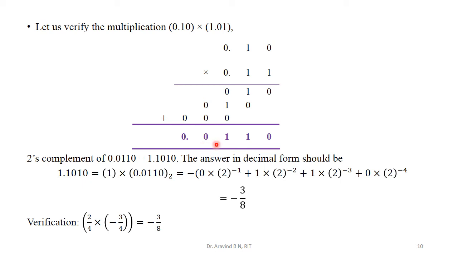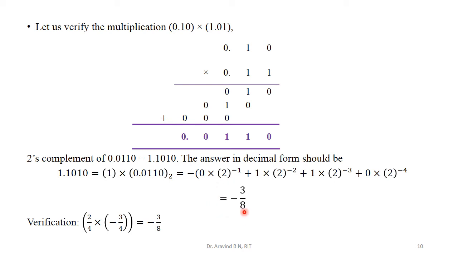Now this must be a negative number representation, because this is positive, this is negative. Therefore multiplication of these two is going to yield a negative number. Therefore, take the 2's complement of this particular value to get the final answer. So we got 1.1010. Now convert this into equivalent decimal value. We are going to get the answer minus 3 divided by 8. The procedure is given over here, you can follow up on this one. So the answer we are going to get is minus 3 by 8.